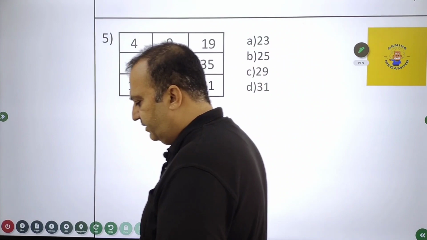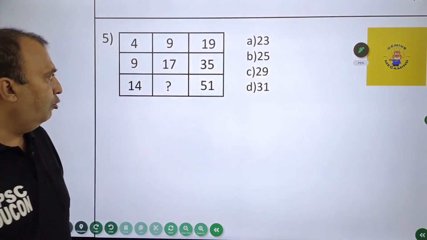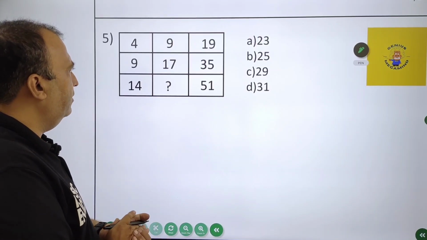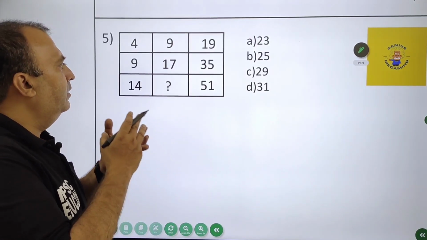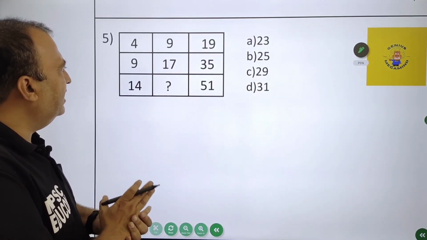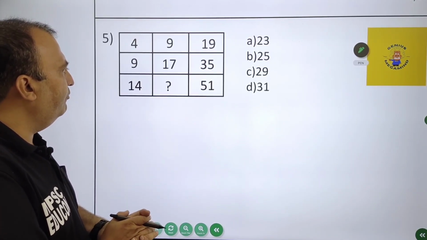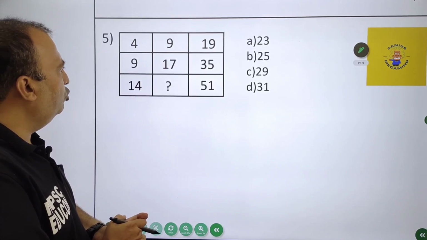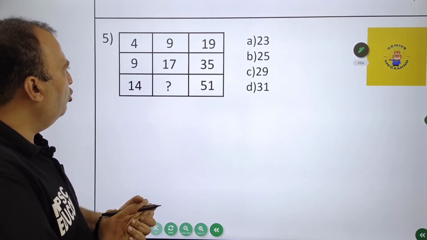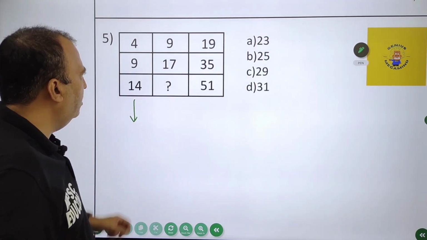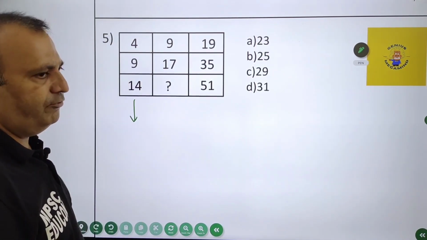Again, observing the numbers in the magic square. How do I deal with this? Fine. Do I solve it in a row wise manner? Do I solve it in a column wise manner? What exactly do I do? That is the big thing in front of me. So what am I going to do as such? Fine. So I am going to observe the numbers in the column. I am going to observe the very first column as such.